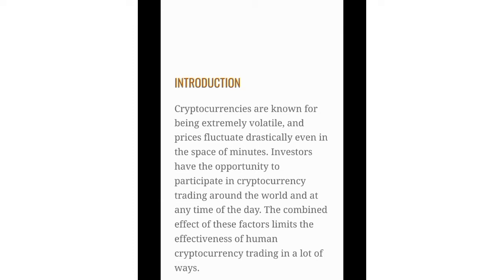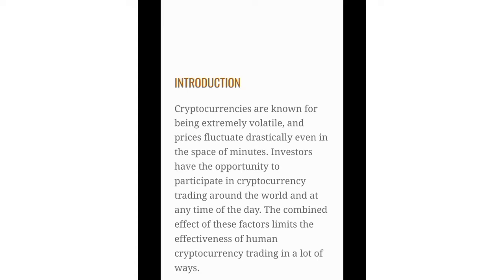This is what it means to be extremely volatile: prices fluctuate drastically even in the space of minutes. It means the price can fall back in a few minutes. So investors have the opportunity to participate in cryptocurrency trading around the world and at any time